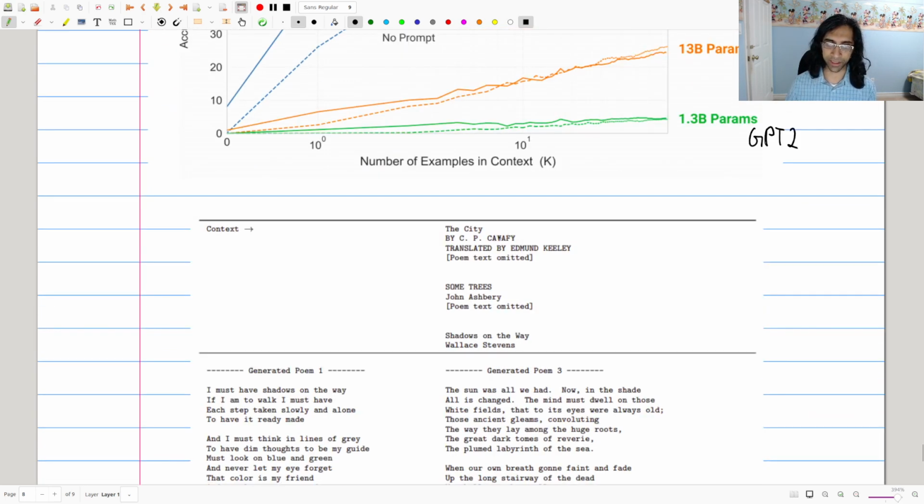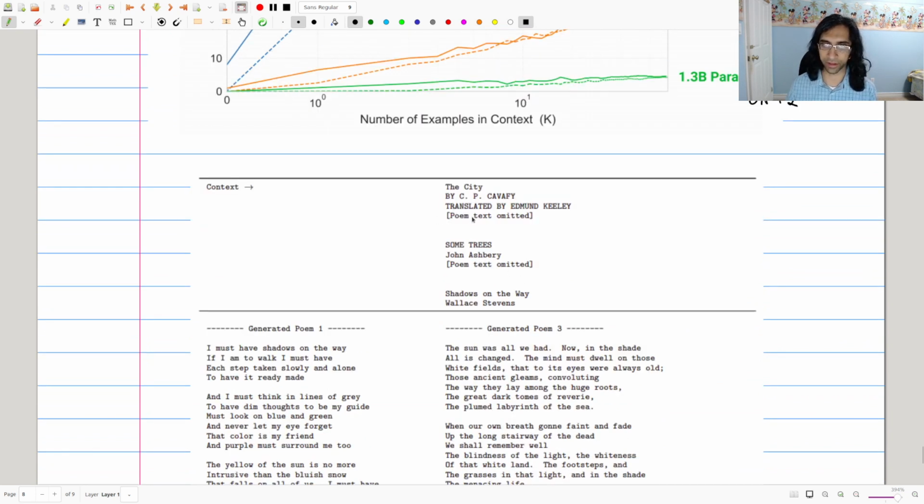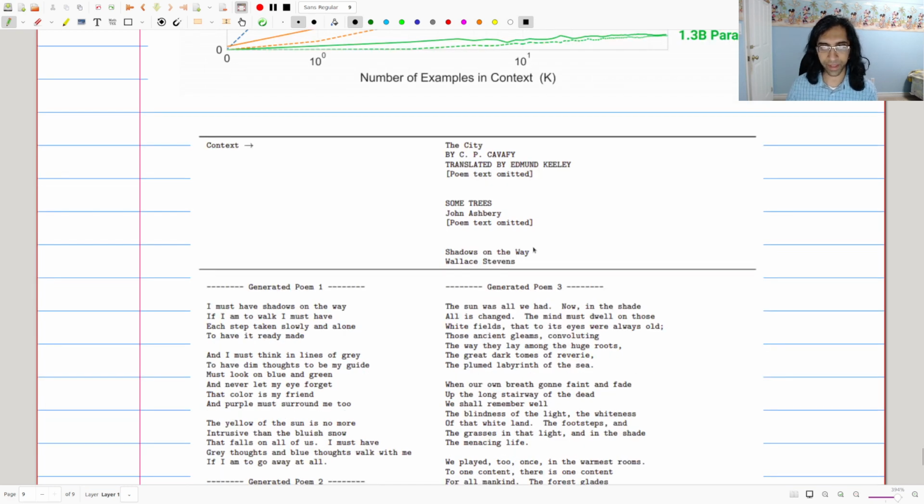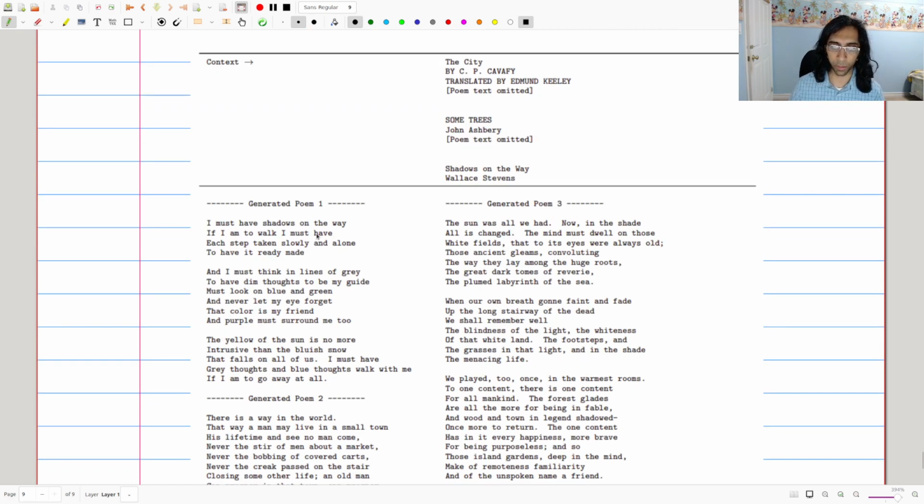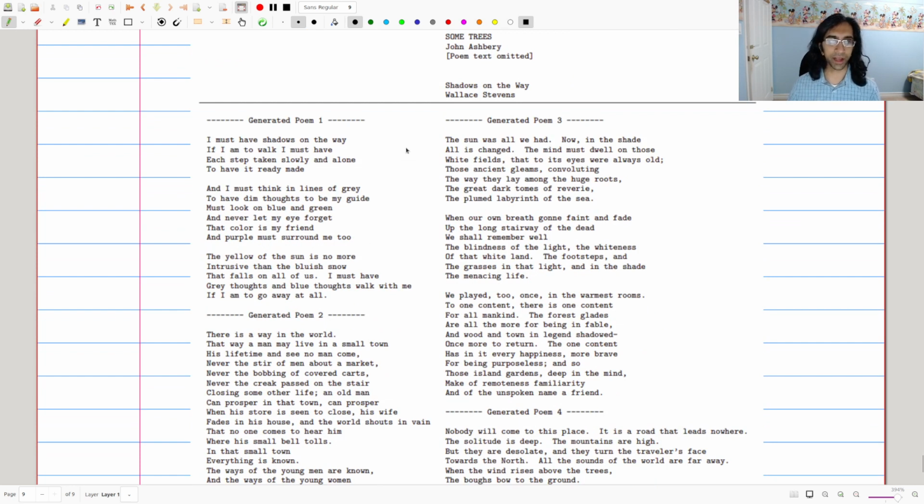But anyway, the point is that they just fed in this context, and this context is a couple of poems. So this is by a famous Greek poet, and it's translated into English. It was also given in the context another poem by John Ashbery. And then the context, that is the input that was given, just ends saying Shadows on the Way by Wallace Stevens. So this is just giving a title and an author, and it's up to GPT to come up with a poem. And here are just 4 uncherry picked